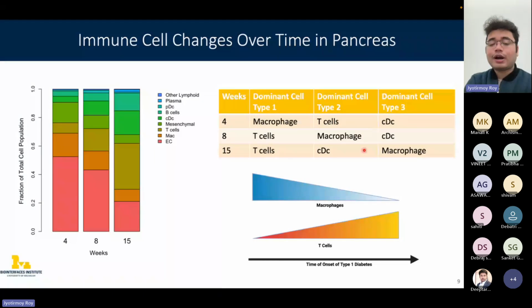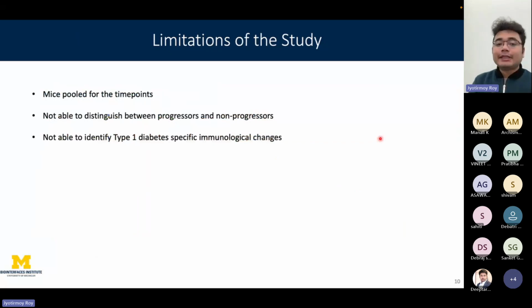The DCs also are a very important cell type because they play a role in the communication between the macrophages and the T cells, and that's why they become very important in this entire pathological onset of T1D. Now coming to the limitations of this particular study,